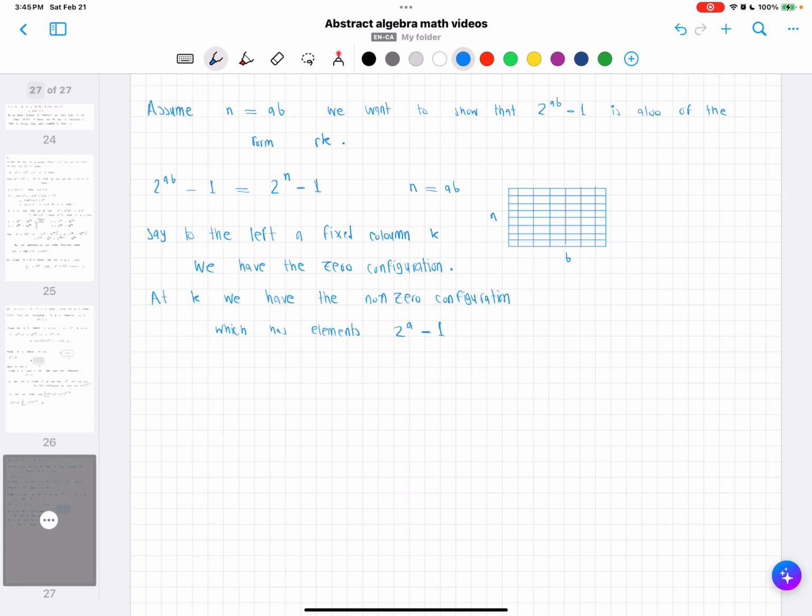Those have 2 to the power of a elements, but since we have already counted k